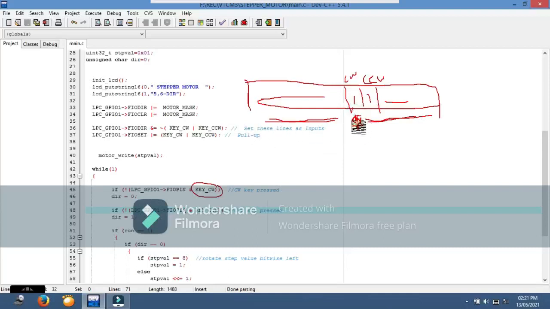When there is no key pressed, it will become 1, right? Okay, so when there is a key pressed, it will become 0. Then these together, ANDing, will give you the total result 0. If a key is not pressed, the result will be 1. Pressed, result will be 0. Not pressed, result will be 1. Understood, right? Okay, so if the key is pressed, the direction is set to dir equal to 0, which means